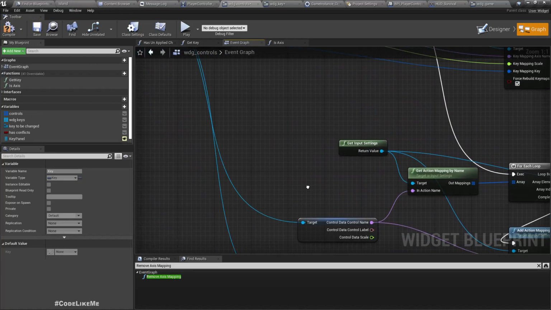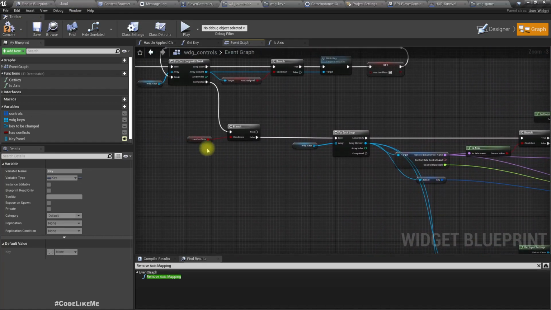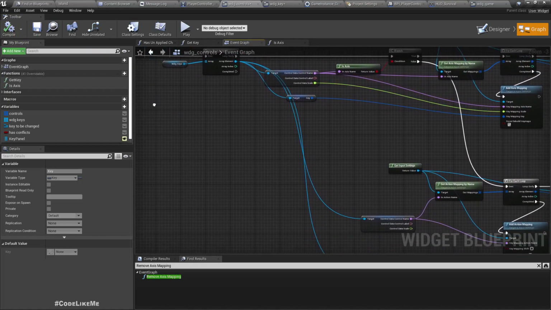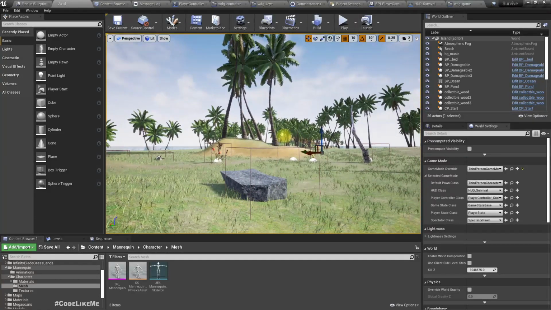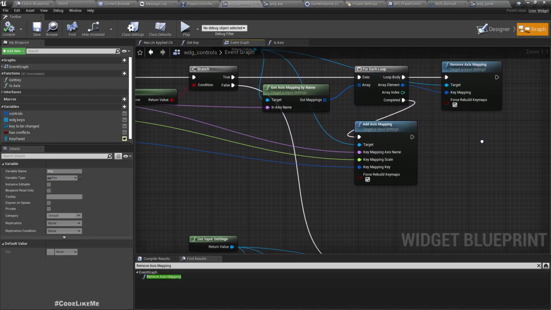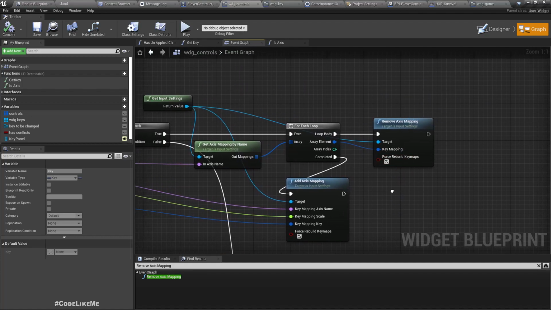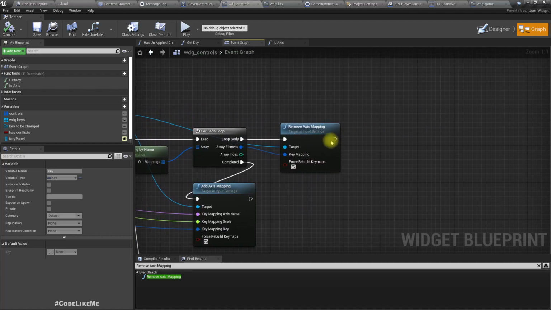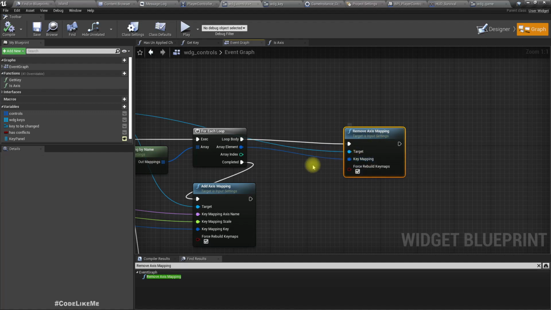Right, I think that's it. Oh wait, here we have a little problem. When we try to remove axis mapping, here